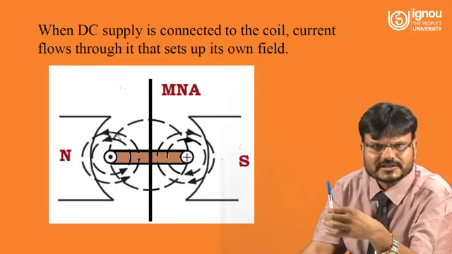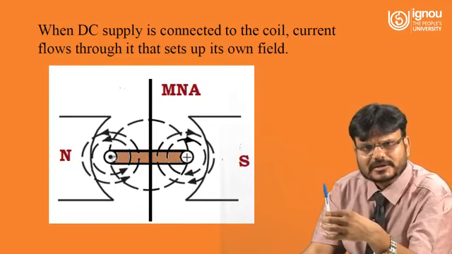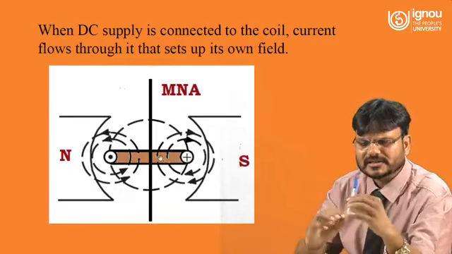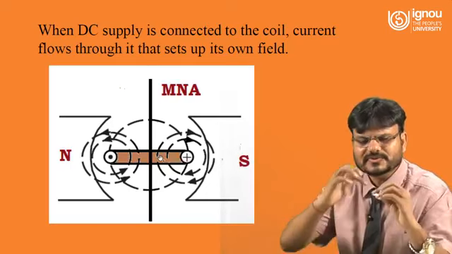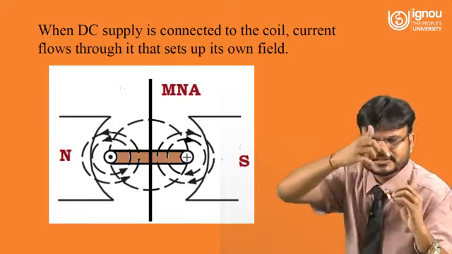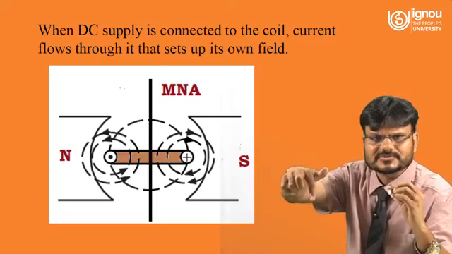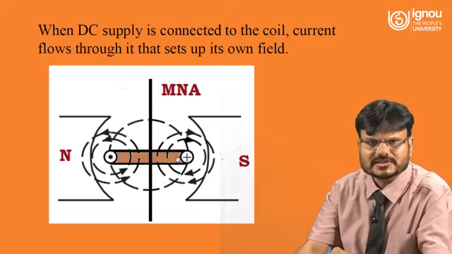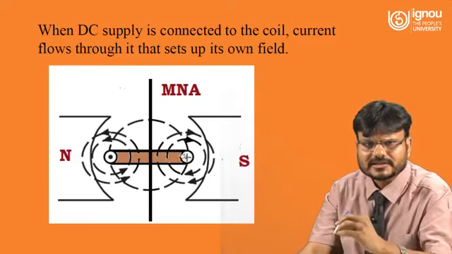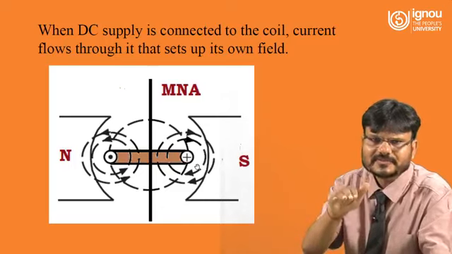So this one is the direction of the magnetic field, but because this is one coil, the coil will be in this way, current will go in this way and then flow in this way. So this is one coil, or you can say this is one conductor. In this conductor, current is flowing downwards.